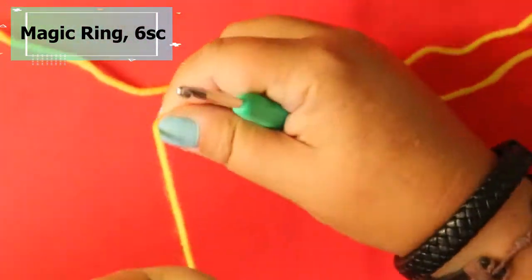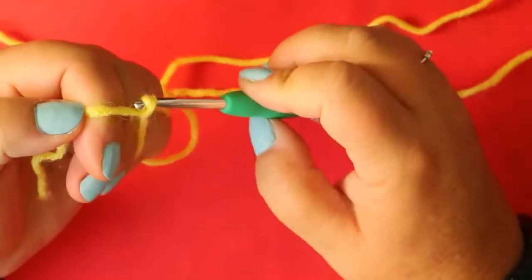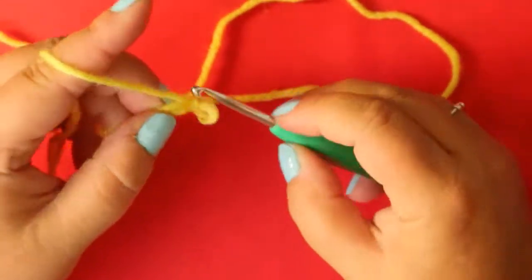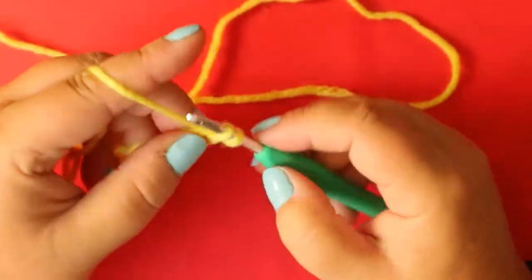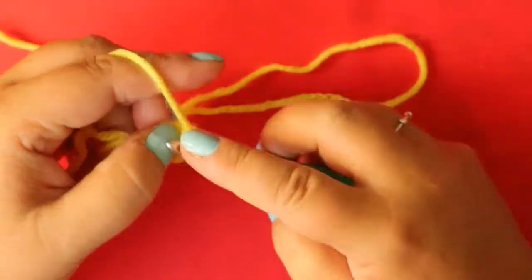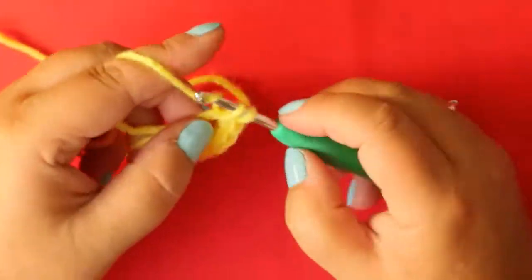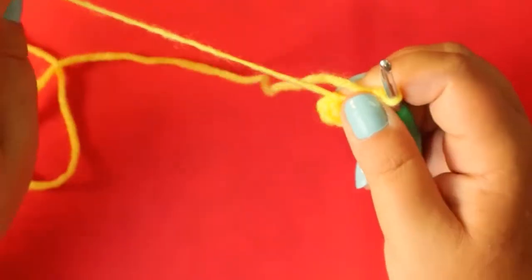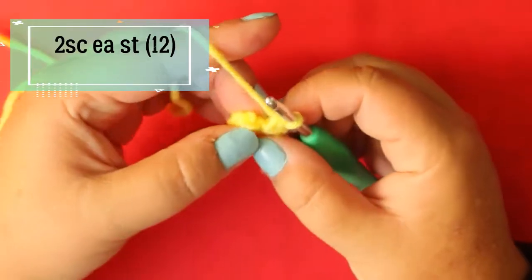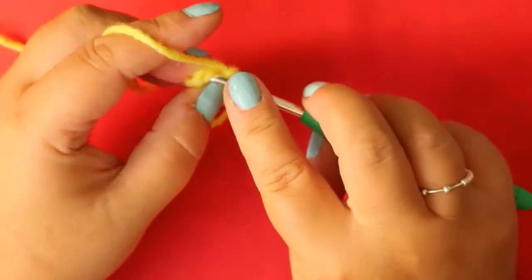So we're going to make a magic ring of 6 single crochets. You're going to need a stitch marker because I built this in amigurumi. So because it's amigurumi, we don't slip stitch, we don't chain. We go directly into our stitch and we just start